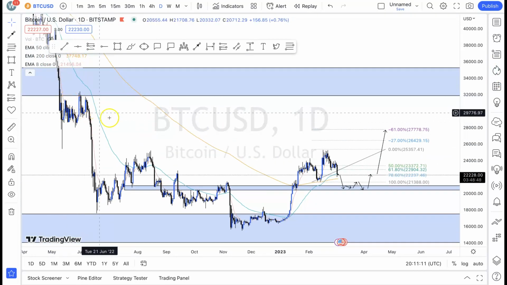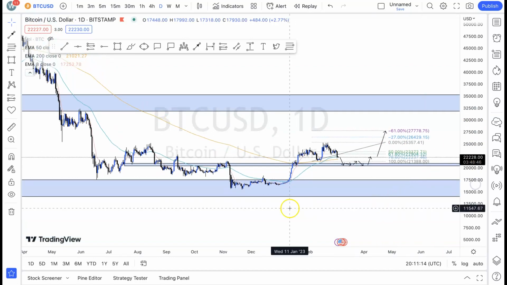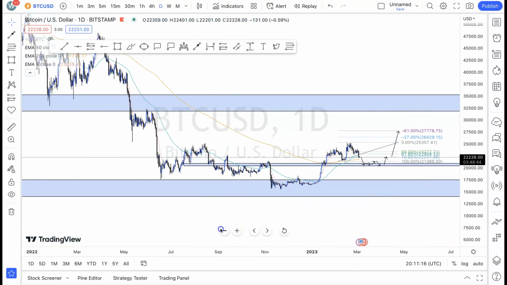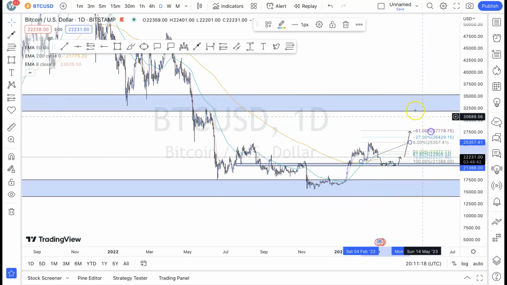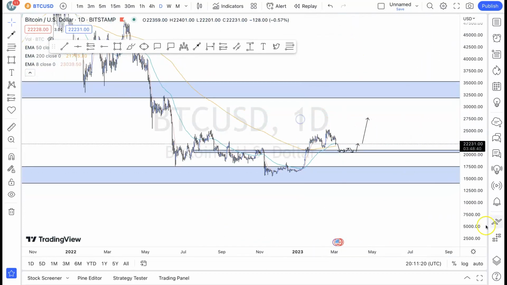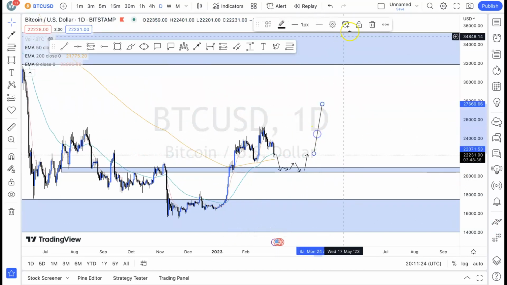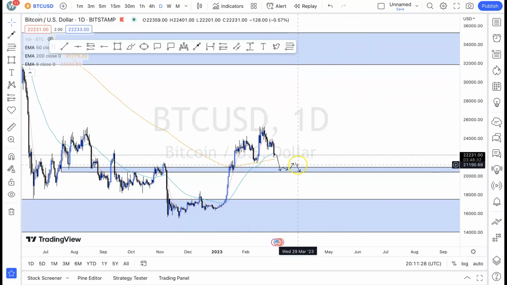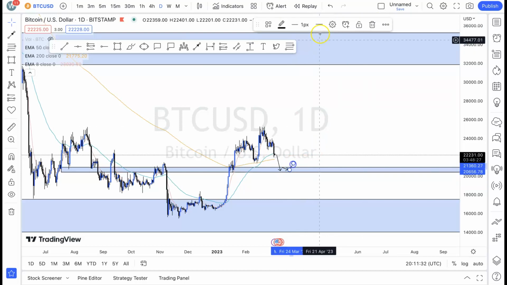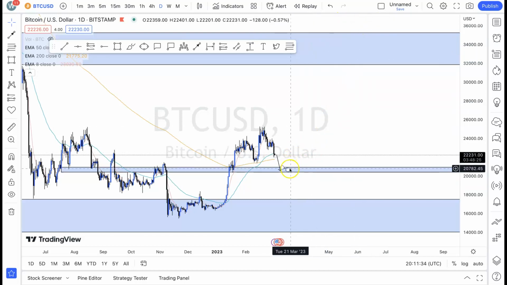So 30k, even into $40,000 is a huge possibility from where I stand. But when will I execute the trade? I need to first of all see some positive price action, right? So I want to be sure prices are currently at a very good place, but I cannot just buy a red candle, right? I need to be more careful with my entry because I want to be certain before I